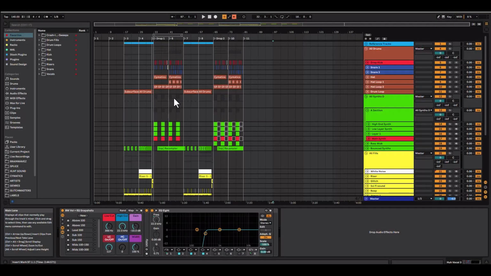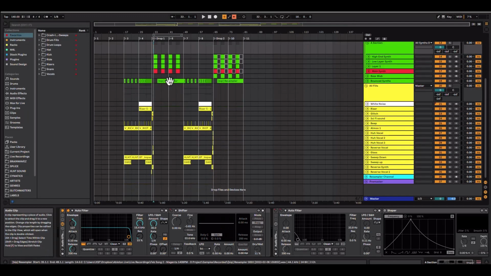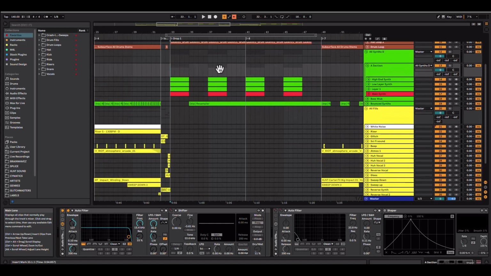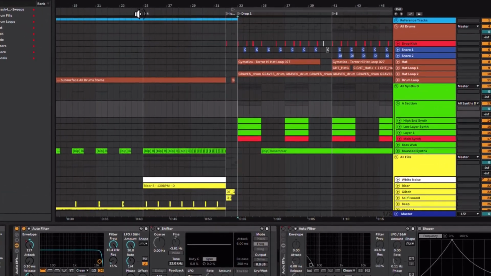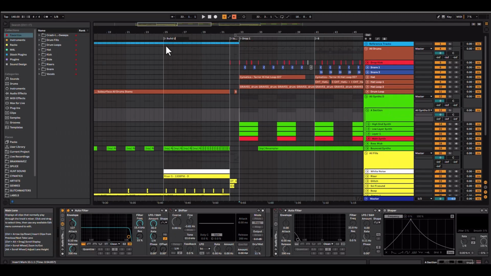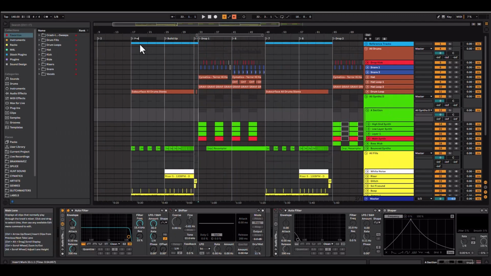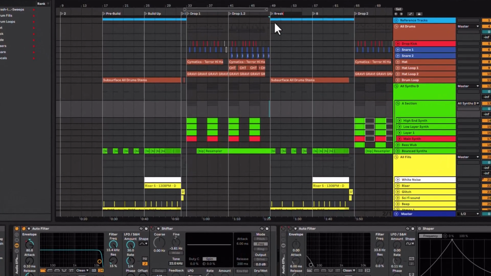Alright, so now that everything is organized, one thing that you could do that I do a lot is use time locators to outline the structure of your track. So for example, this is my drop, so I would put in here something like build up and pre-build or something. Then this is the second half of the drop, so I normally put drop 1.2, break, build 2,